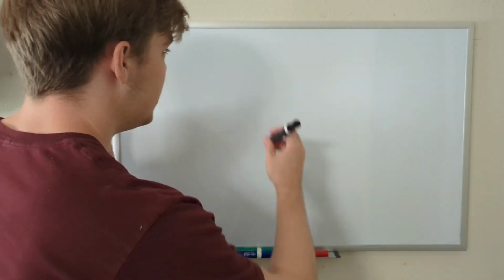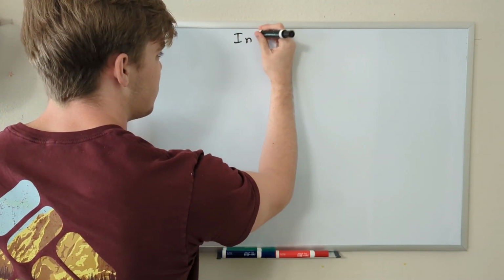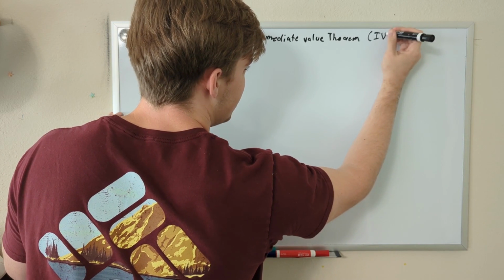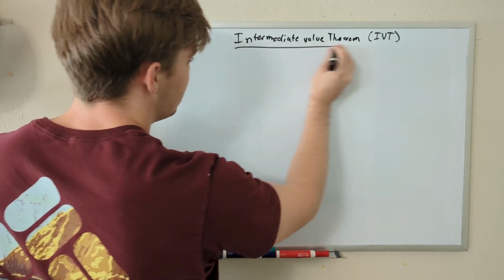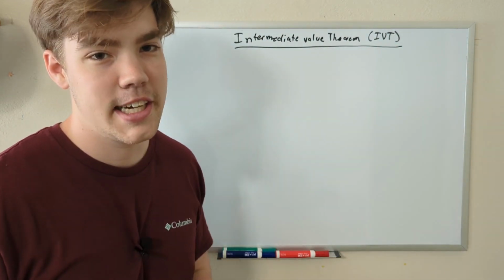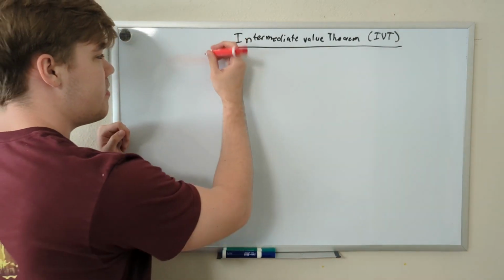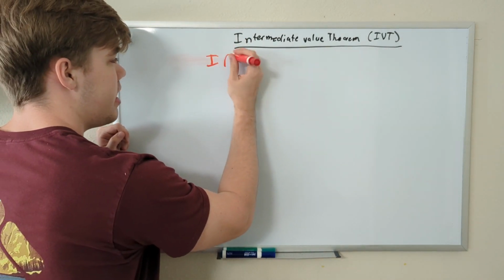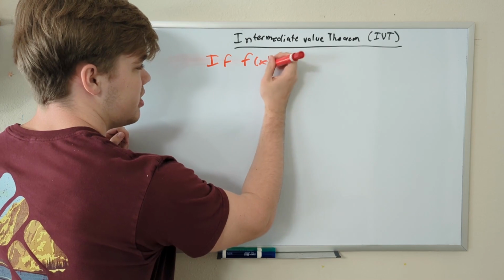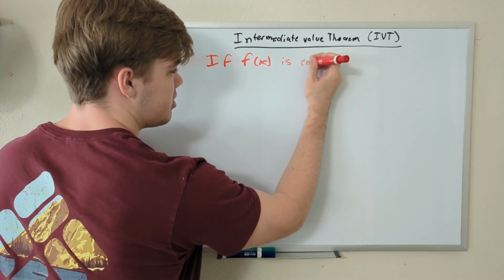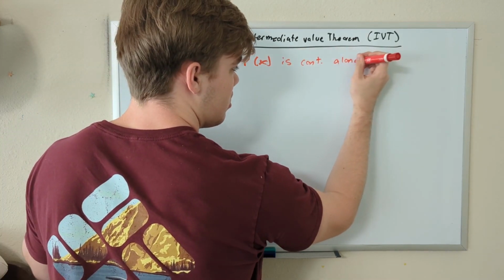In today's video, we're going to be talking about the Intermediate Value Theorem, which can also be just written as IVT for short, because this is a long title for a subject in your textbook. So the idea behind the Intermediate Value Theorem is if f of x, some function, is continuous along the open